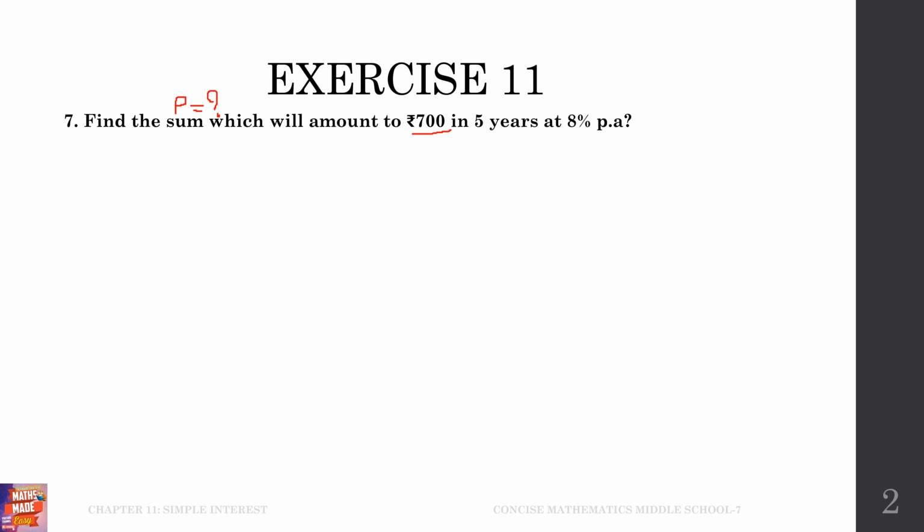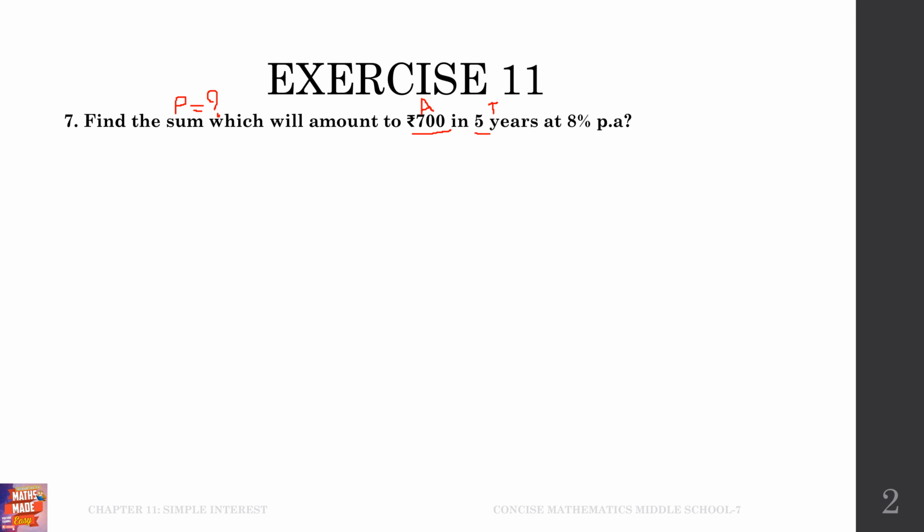That means amount will be A, that is what we have to give back to the bank or a person from whom we have taken, right? So we are considering it as a bank. So for the bank we need to give 700 rupees finally, right? We all know this 700 will include principal along with interest, right children? Principal is the base amount that we have taken, and we need to pay some extra amount that is called interest. And here they have said 5 years,